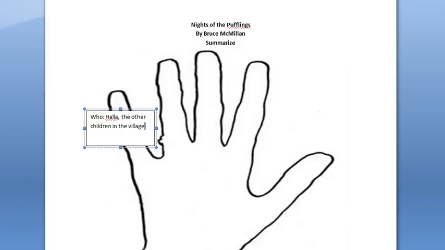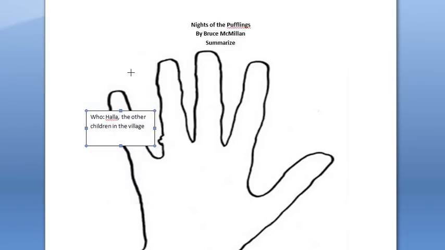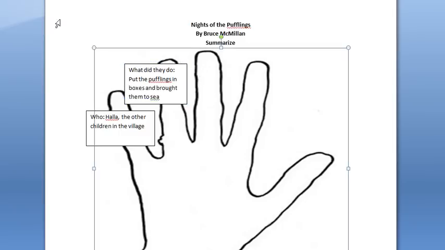What did they do is an important part of our summary. They put the Pufflings in boxes and brought them to sea. Let's move that down so we can read it. Okay. Next,